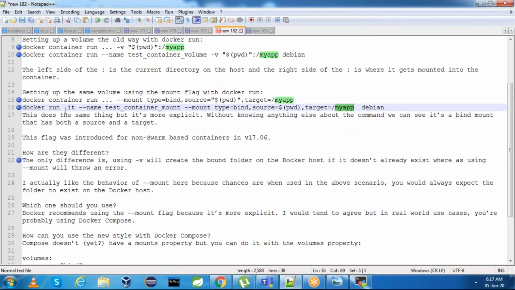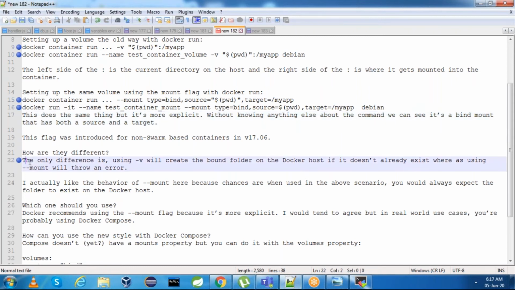bind mount. If you see, bind mount, we need to mention --mount flag, and there is something called type bind. Source is $pwd, target is /myapp. Even this does the same thing, but we need to keep one thing in mind.